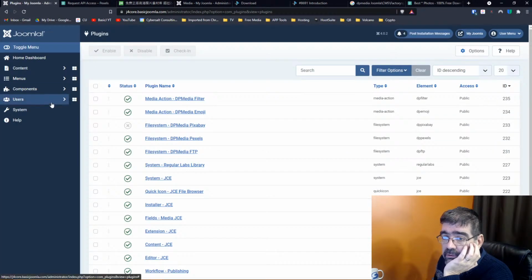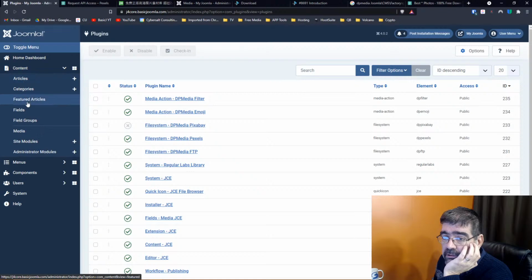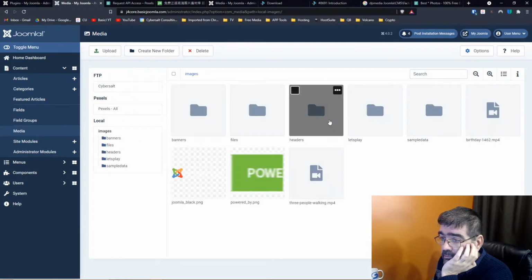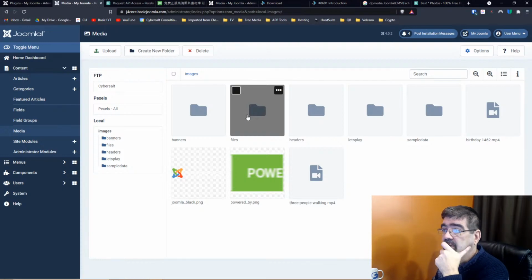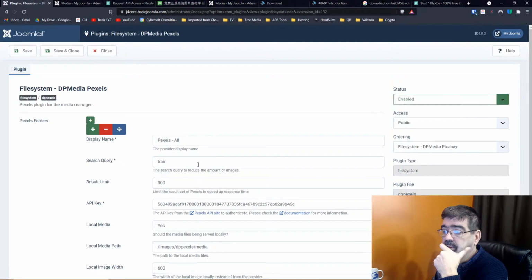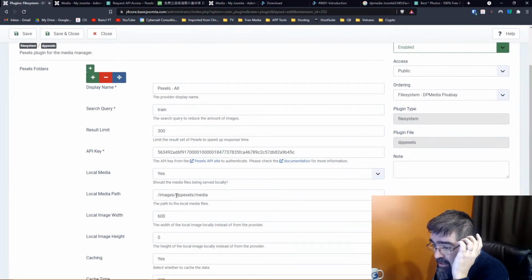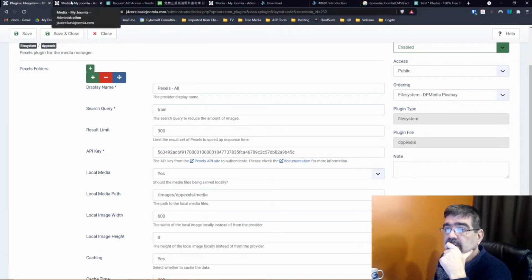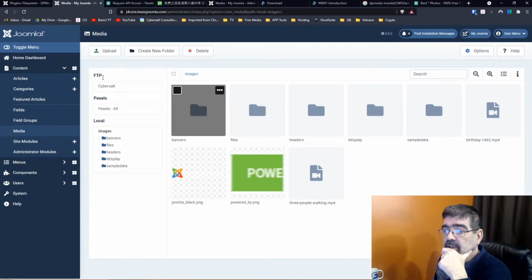Close. Content. Media. Open a new tab. Ah, interesting. This images DP Pexels Media, DP Pexels Media does not exist. Was that what our error was before? If it was, we can go images